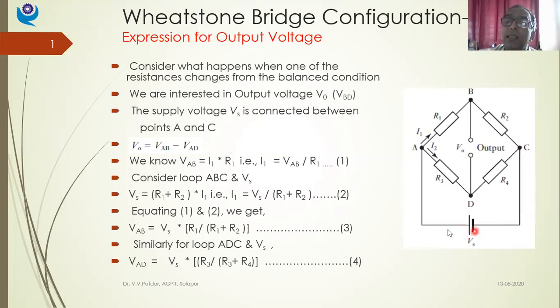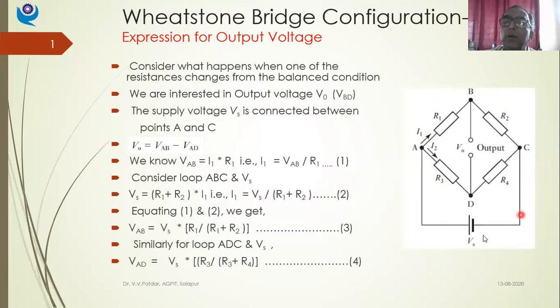For this circuit, VS, A, B, C, forget about I2. What is the current flowing? Current flowing is I1, right? The same current is flowing through R2 also. So what is Kirchhoff's voltage law saying? Please be attentive. Have you drawn this circuit, eliminating R3, R4 and V0? You have drawn only Vs, A, B, C. So look at only this part.